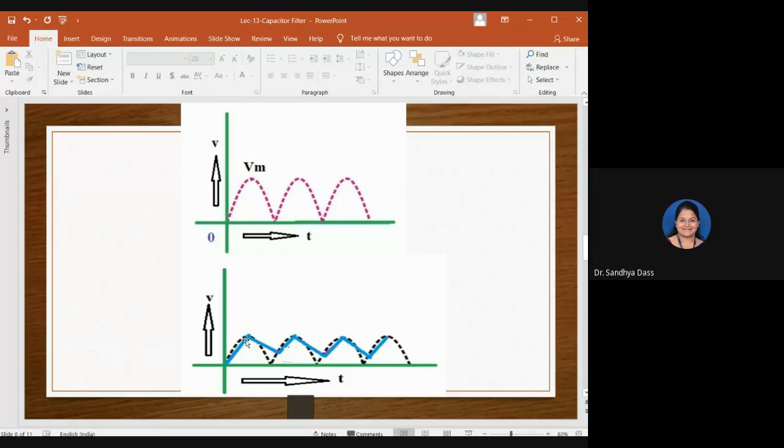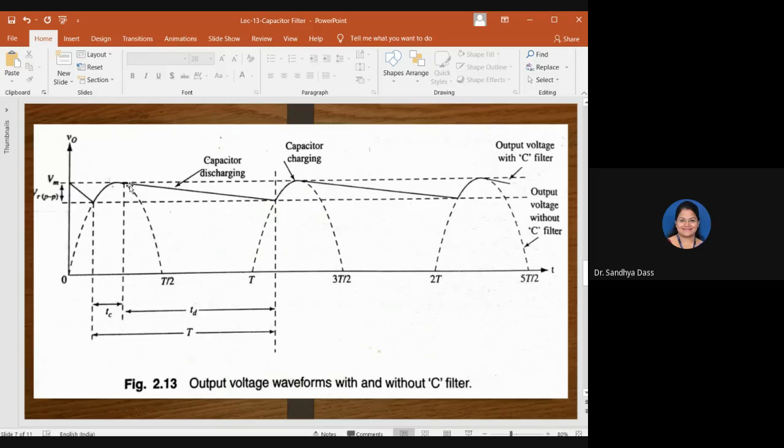At that time, the capacitor voltage, which has reached Vm, slowly starts discharging via RL. So the output you can observe at RL is nothing but the voltage across the capacitor, which is discharging. What is this duration here? In the remaining part of the half cycle and also in the negative cycle, the diode is turned off. During that duration, the capacitor will be discharging. So this line you observe is the voltage across the capacitor.